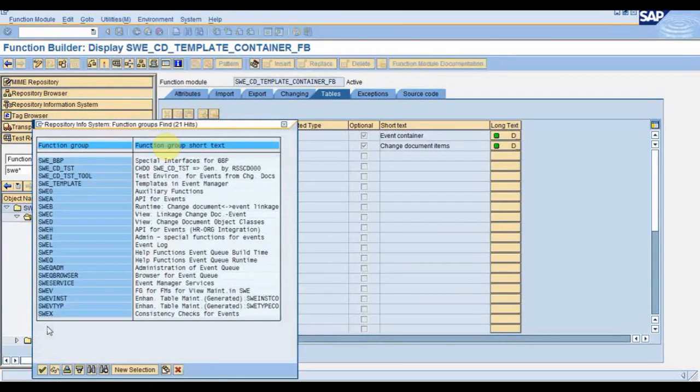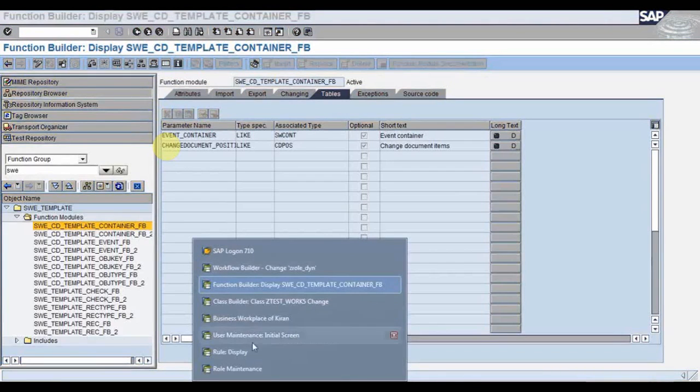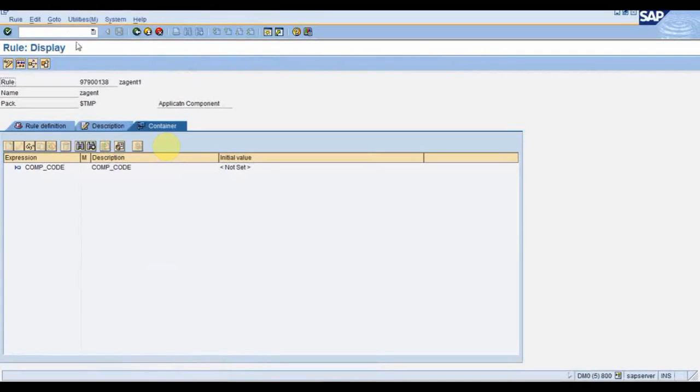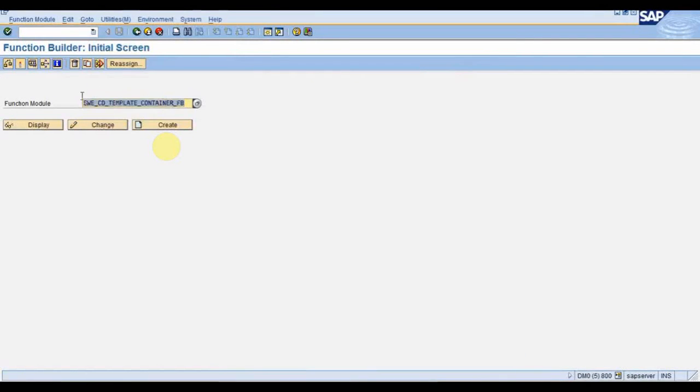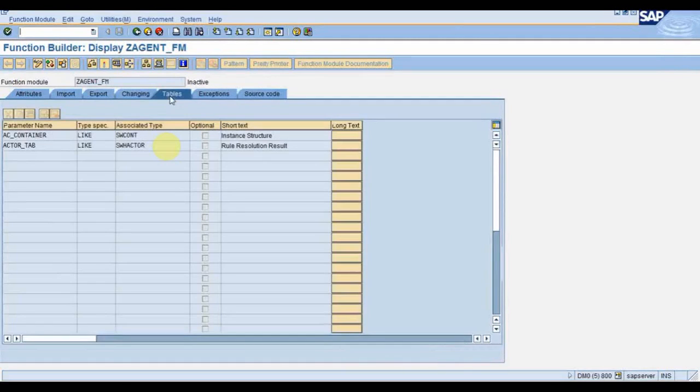I was discussing this rule, the template is actually provided for what we should have in this table section. What I have shown you in this function module here, let me go to this function module. Whatever we are building for this rule, the function module should have this table section, these two particular fields. It is just shown in the template what all mandatory parameters should be there.